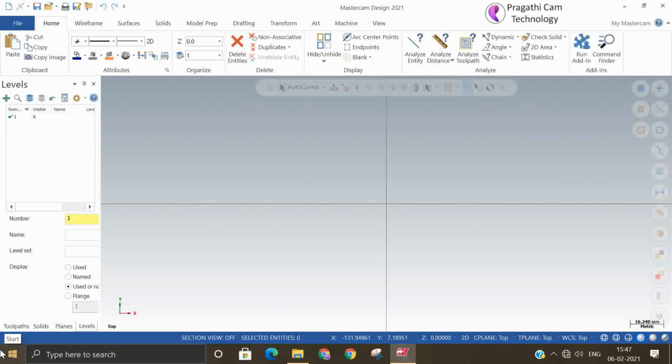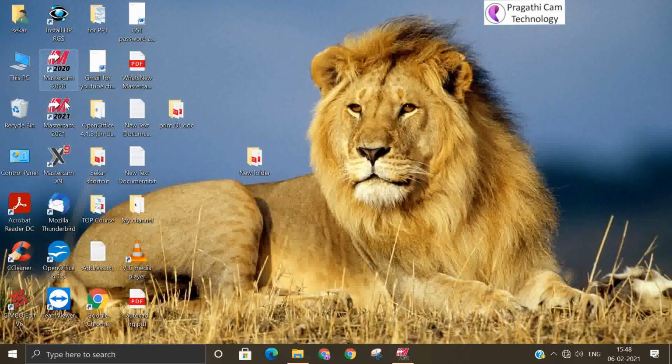So all the things we'll see one by one. We'll make this entire thing in two sessions. So first of all, we'll start with cut, paste, copy, and how it is usable.